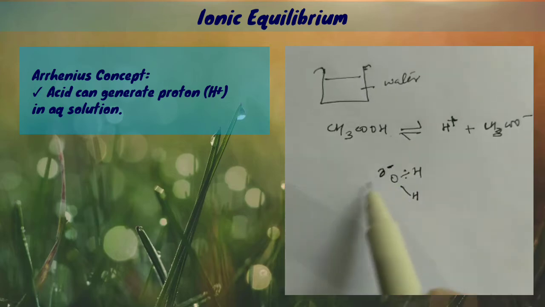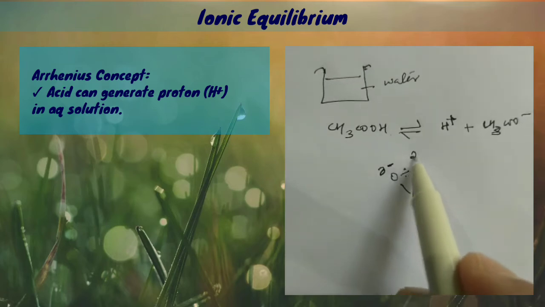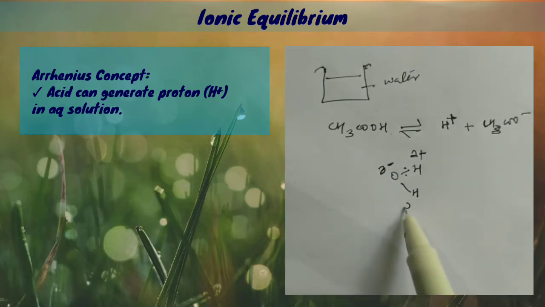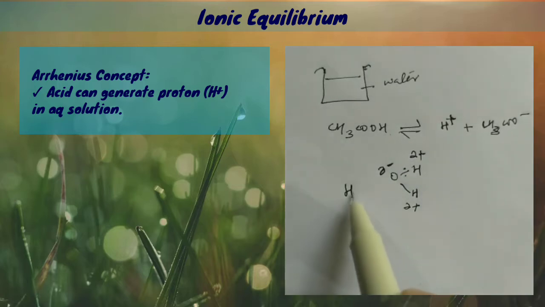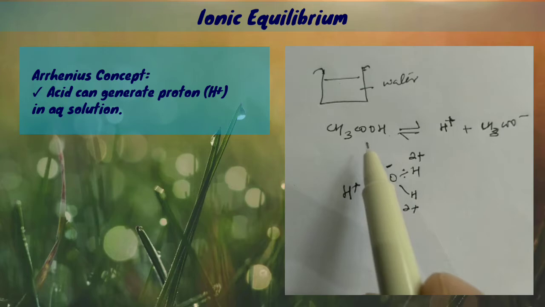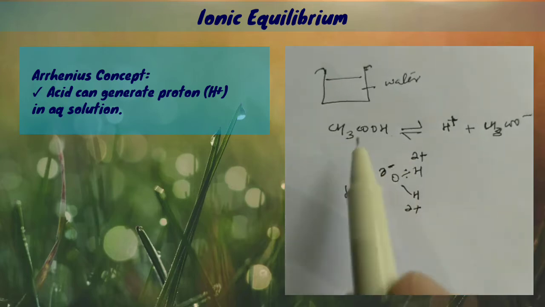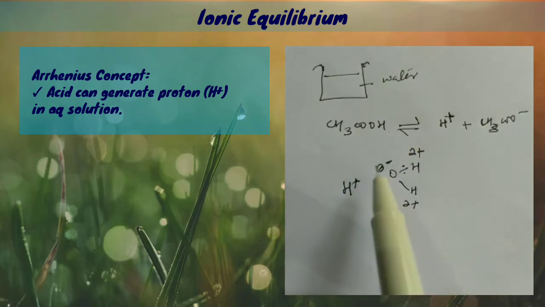So oxygen will be delta negative. Delta means a small charge, so delta represents a small negative, and this is delta positive. Similarly for the other hydrogen. Since hydrogen ion H+ will be formed in the solution from that acetic acid,